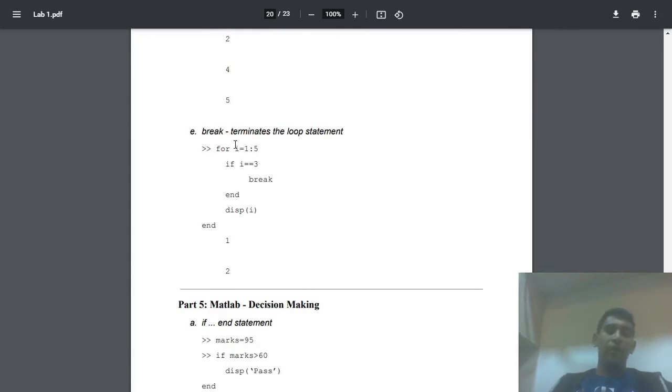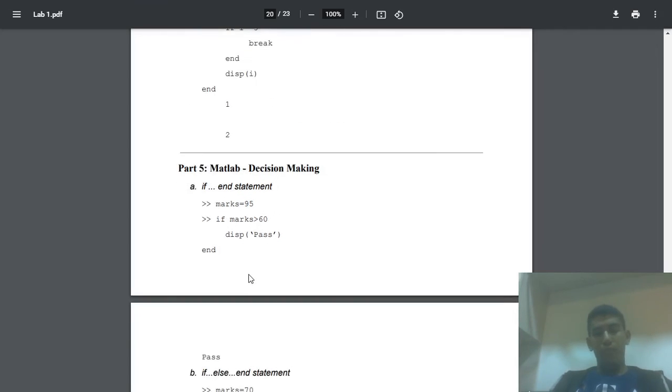The break statement is often used to break out of the for loop and not execute the rest of the iterations of the loop. So in this case, as soon as I equals 3, we break out of the for loop, and the values when I is equal to 4 and 5 are not executed and not displayed.